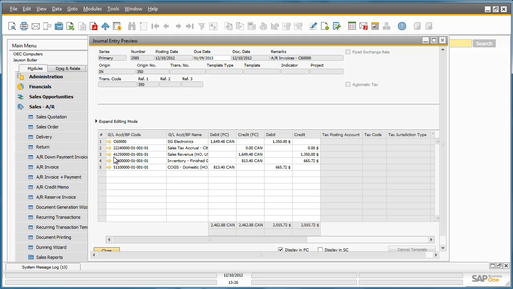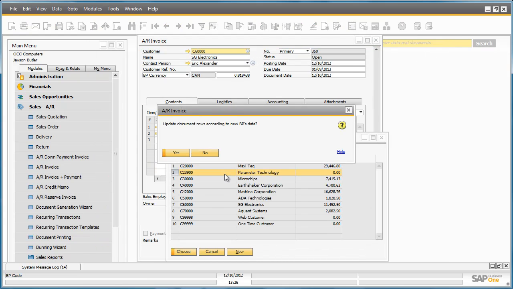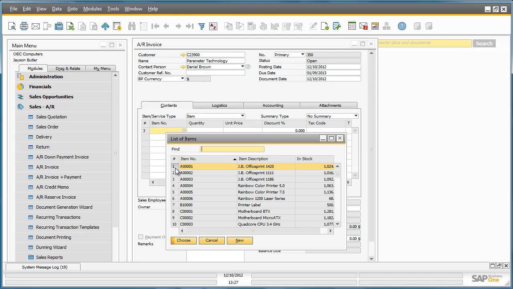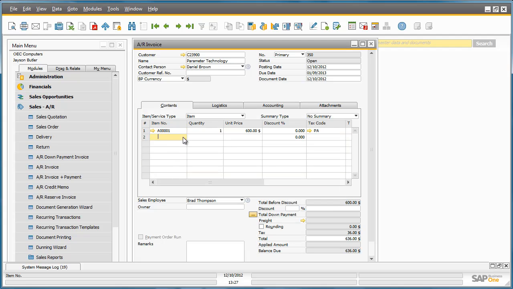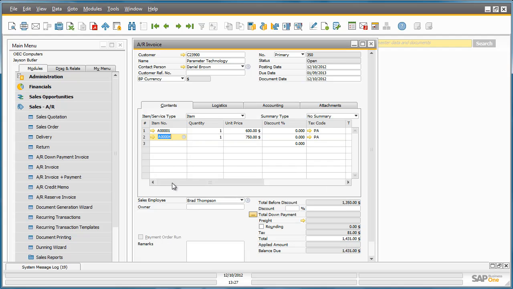As we can see, all sales revenues will be posted to the 4125 account, as the ship-to address was defined as Canada, and this was the highest ranking rule. Let's close this window and change the customer to a US-based customer. We're now going to select our items again. We're going to select one item from item group JB printers and another item that's not part of the JB printer group. If we now preview the journal entry again,